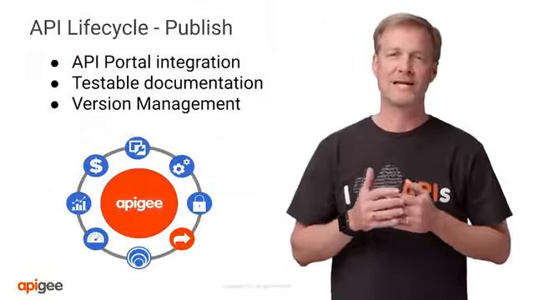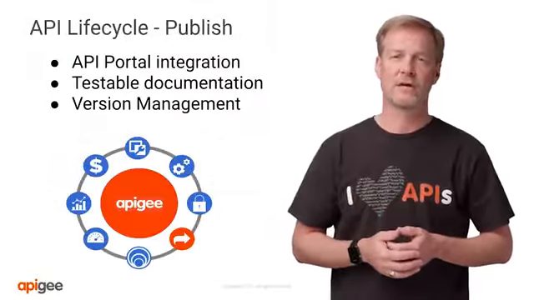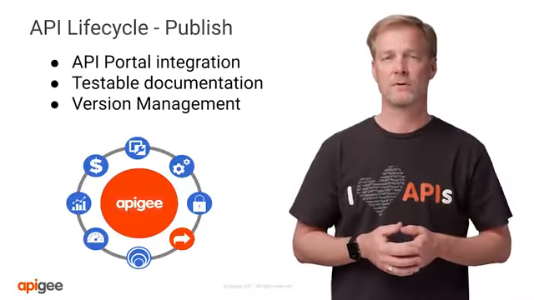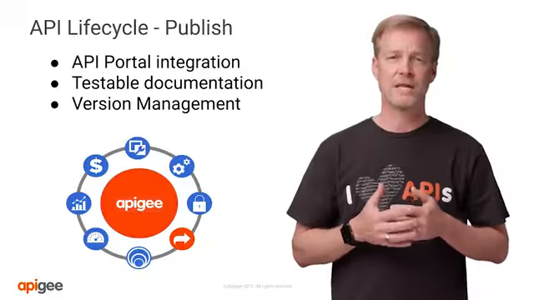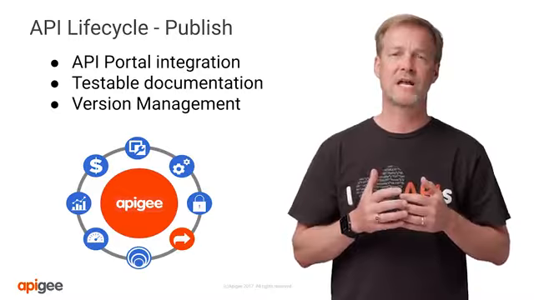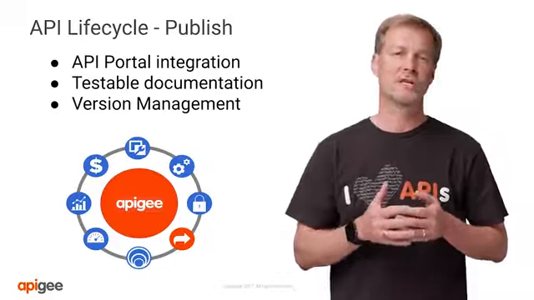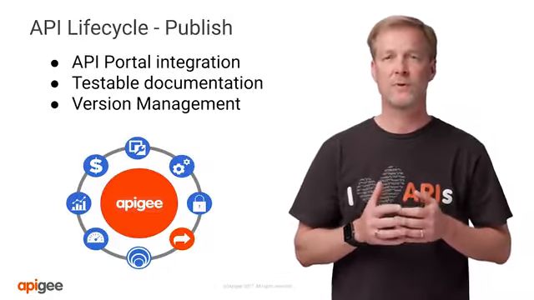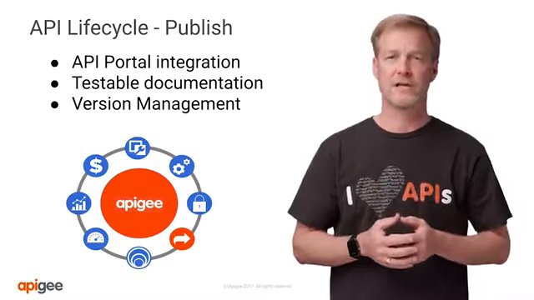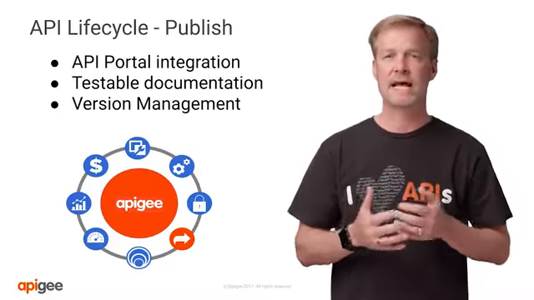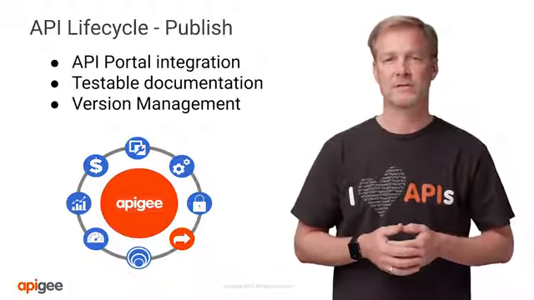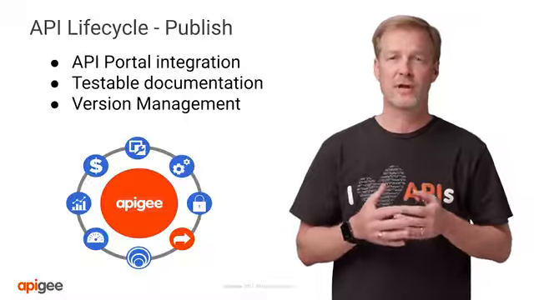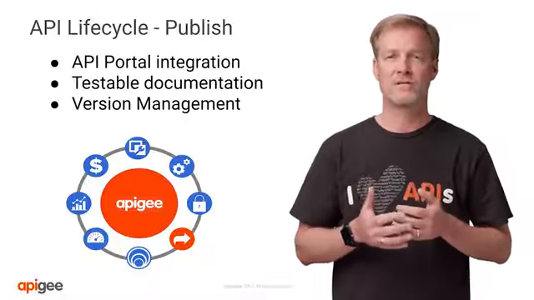So now you have your API designed, developed, and secure. Time to get it published for use by developers via an API portal. Apigee offers API portal integration into already established company portals or using the Apigee API portal. API portals provide an entry point for developers to discover your APIs, view documentation, gain access, and test their applications. It also supports having multiple versions of an API published as your API program matures and API proxies change to meet developer needs.